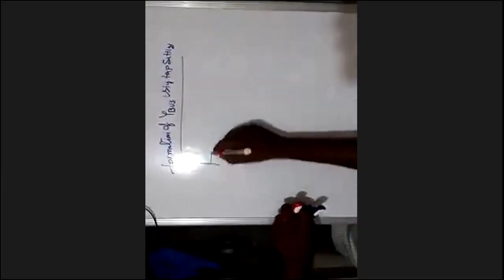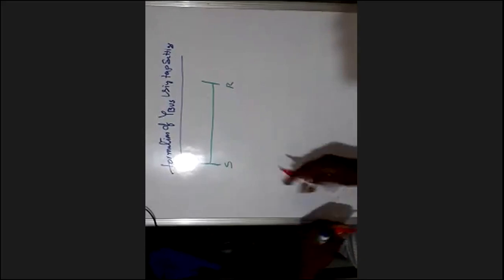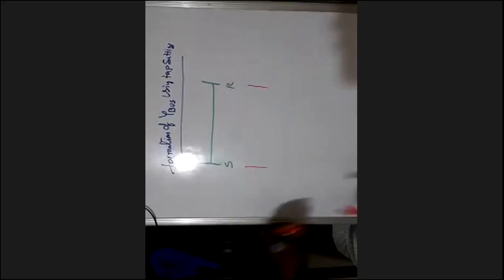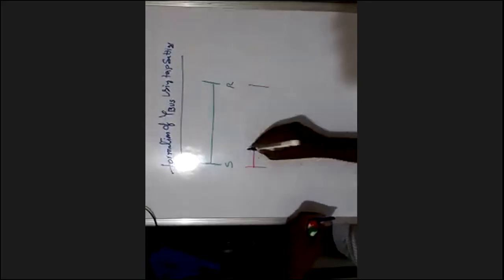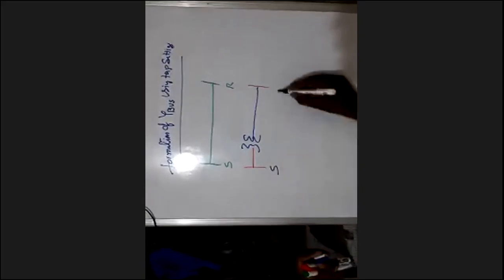So in yesterday's class we have seen the formation of Y bus without tap setting. Now with tap setting, you can see that I'm going to draw two images here. One is the sending end, receiving end, and transmission line. I'm taking one more single line diagram: the same transmission line incorporated with a transformer. This is the sending and receiving end.